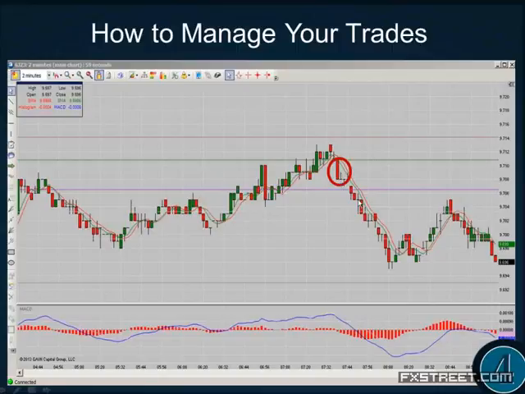So if I have a 6 pip risk here, 6 times 1.4, that's going to give me 8.4. So round down to 8. So if I'm only risking 6 pips here, all I need is 8 pips on this trade. So I get 2, 4, 6, 8. So I'm exiting half my trade right there.